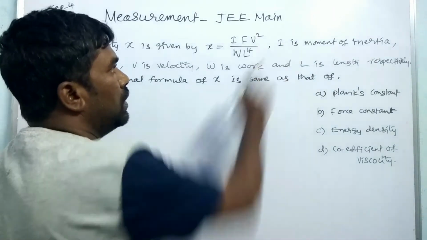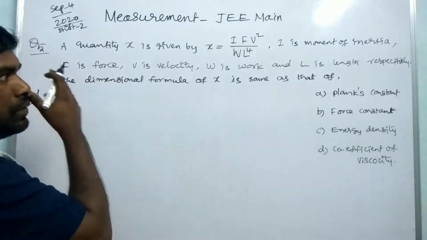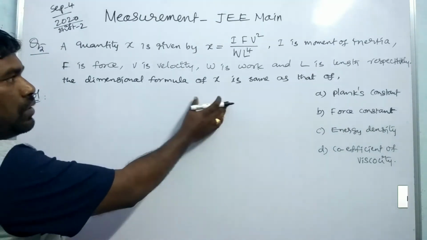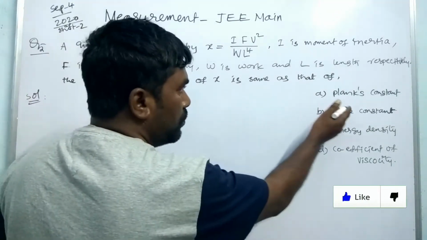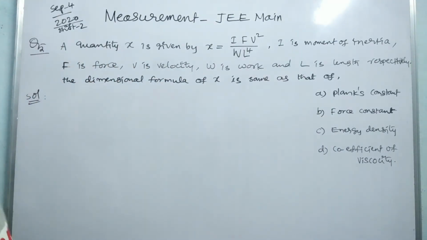Where I is moment of inertia, F is force, V is velocity, W is work, and L is length respectively. The dimension formula of x is the same as that of the options mentioned here: Planck constant, force constant, energy density, and